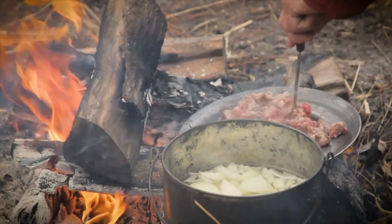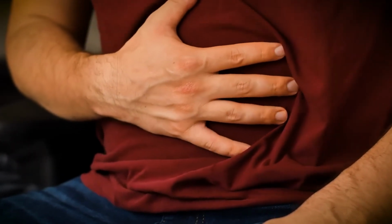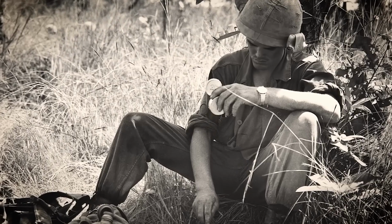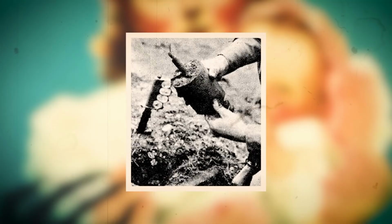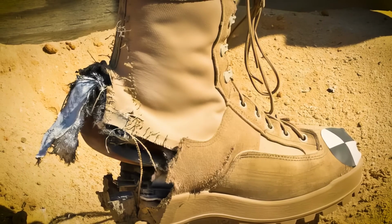Additionally, the Viet Cong poisoned food and water supplies, targeting the necessities of life and fostering constant vigilance and distrust among enemy forces. Number 4. Booby traps and landmines. These deadly devices, ranging from modified hand grenades to advanced mines like the Bouncing Betty, caused